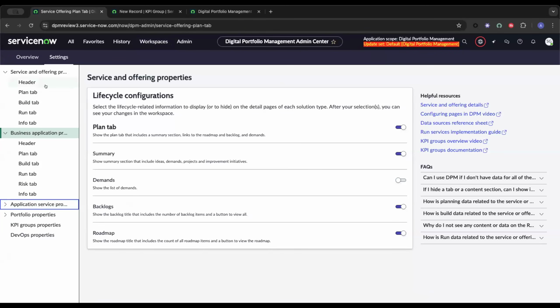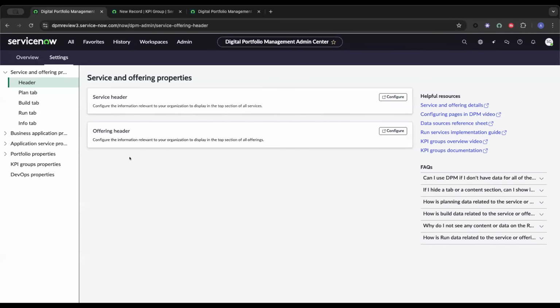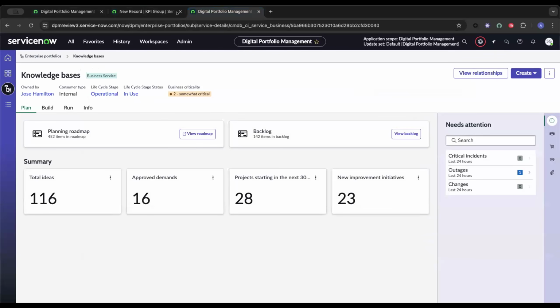The other cool feature that we specifically introduced in this Xanadu release is going to be configuration of the headers. So we have the solution headers, and there are these right here, the top bar underneath the solution itself. And here, if we click on the configure button,